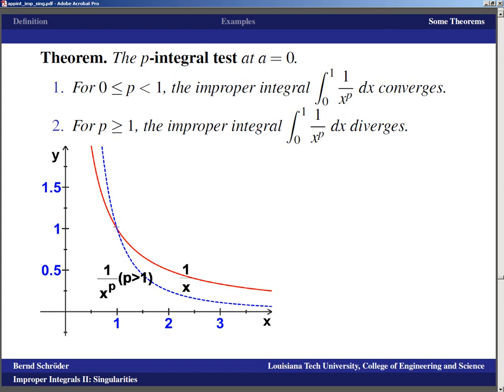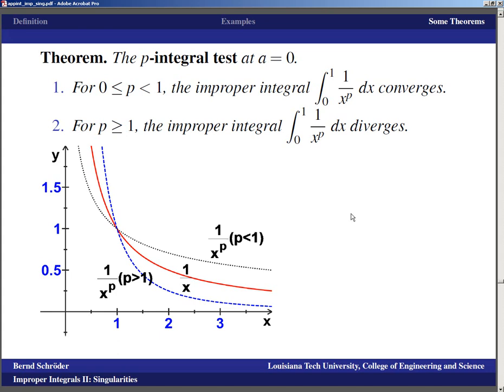However, for p greater than 1, the function is above 1 over x, right? Because what we're doing here is we are taking a fraction like 1/2, we flip it, we get 2, and then we raise it to a number bigger than 1, so that makes it even bigger. And so that means this blue area here contains an infinite area, and that means this blue area under the blue function